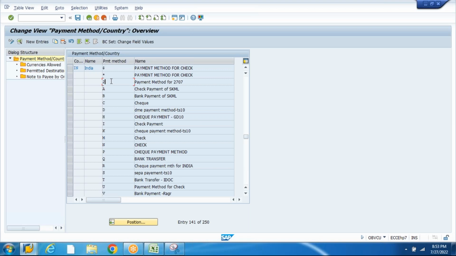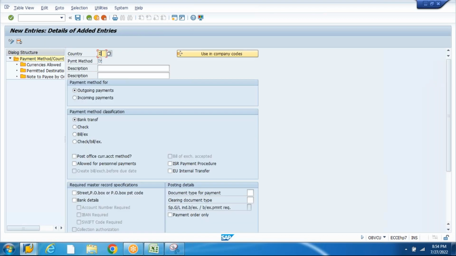Because I see 1 is not used, only 2 is used. What I am going to do is add a new entry. I'll give my country as India, because the system is going to verify the availability of the payment method based on the country and payment method combination. This one can be used in US but not in India. So when you are using 1 for India, it will not throw you a duplicate message, because in India 1 is not used anywhere. And the description I'll give BAIN